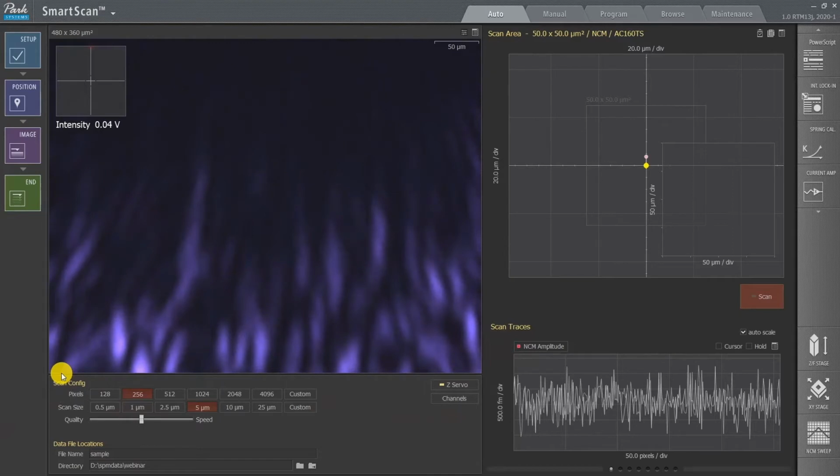So in this demo, I will be presenting the auto mode, manual mode, and the step scan. Firstly, that will be the auto mode. For the auto mode, all we need to care about is 4 buttons here: setup, precision, image, and end. Firstly, we need to set up the tip and the sample for the measurement. So I will select the probe,